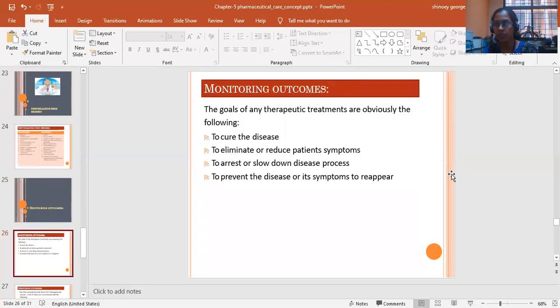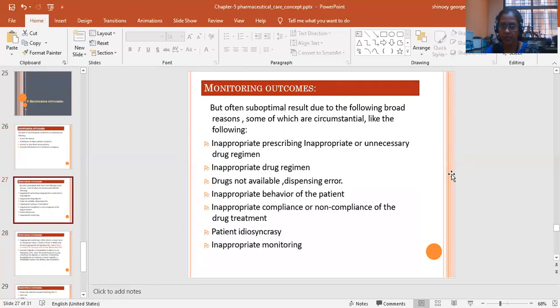Monitoring the outcome is very important, as I said earlier, which ultimately decides the quality of life of the patient. The monitoring parameters are to cure the disease, to reduce the symptom, to slow down the disease progress, and to prevent the disease. And sometimes we have seen many cases where suboptimal outcomes have been observed due to the following conditions, where patient is not able to